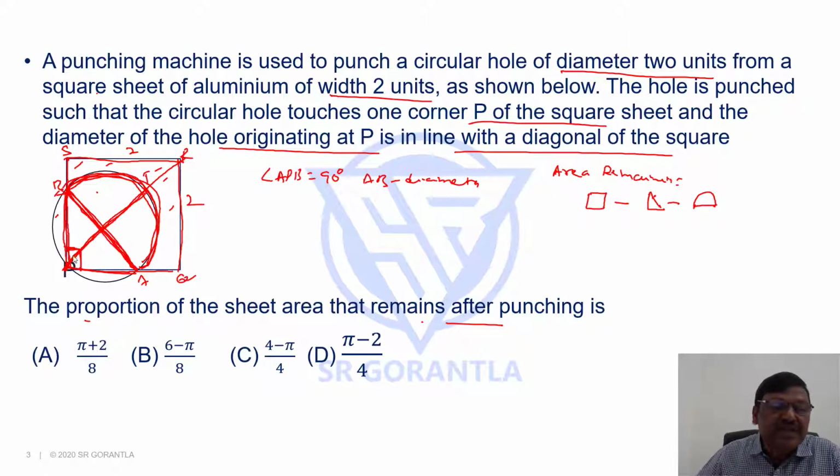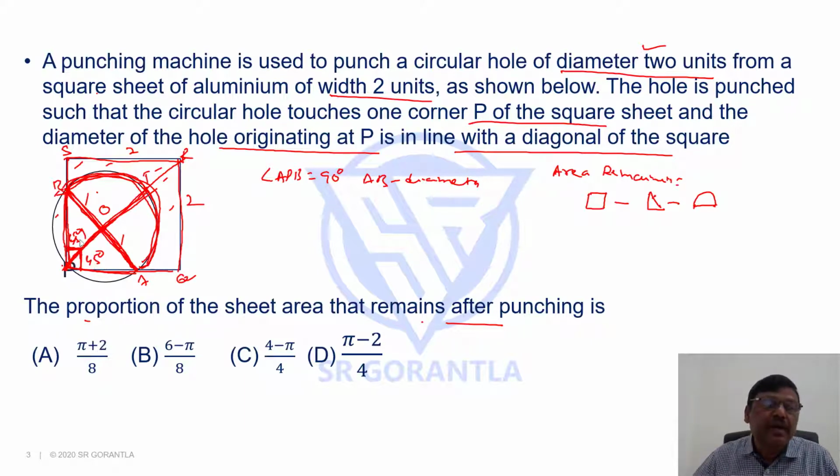Now, since AB is going to be the diameter and PT is already the diameter because it lies along with the diagonal there. So, they meet at O means the O is the center of the circle. And we know the diameter of the hole is 2 units means the radius is 1 unit. It is 1 and 1. Similarly, this is also 1. And you know one more point is when you draw the diagonal, a diagonal will bisect the angle at the vertex of the square. So this diagonal will divide this 90 degrees into two equal parts as 45 and 45.